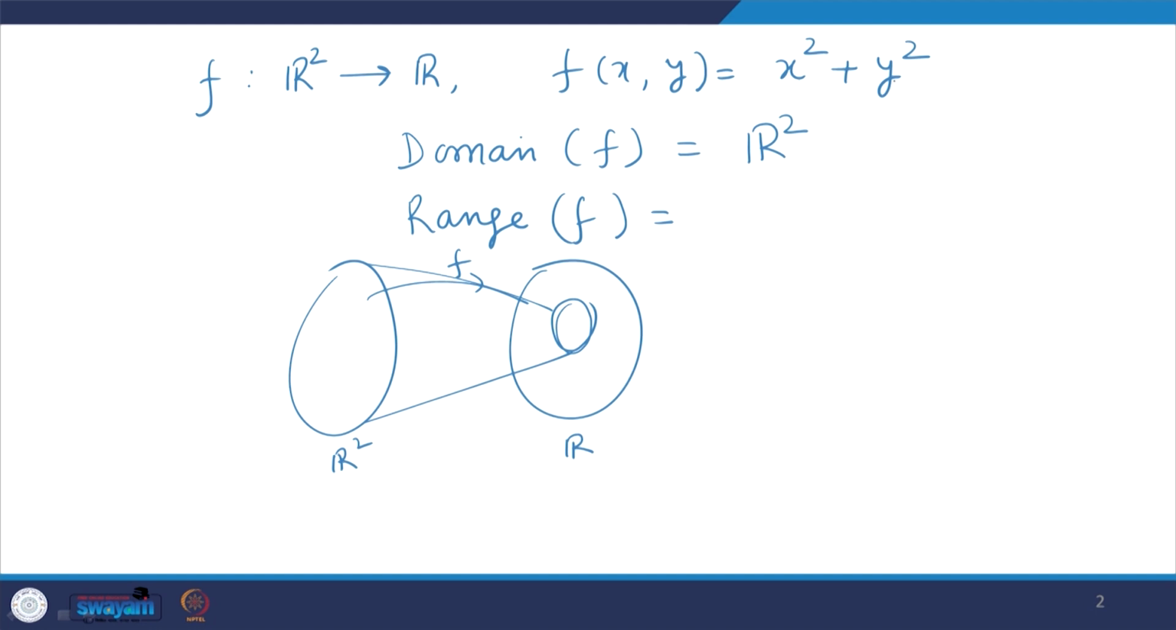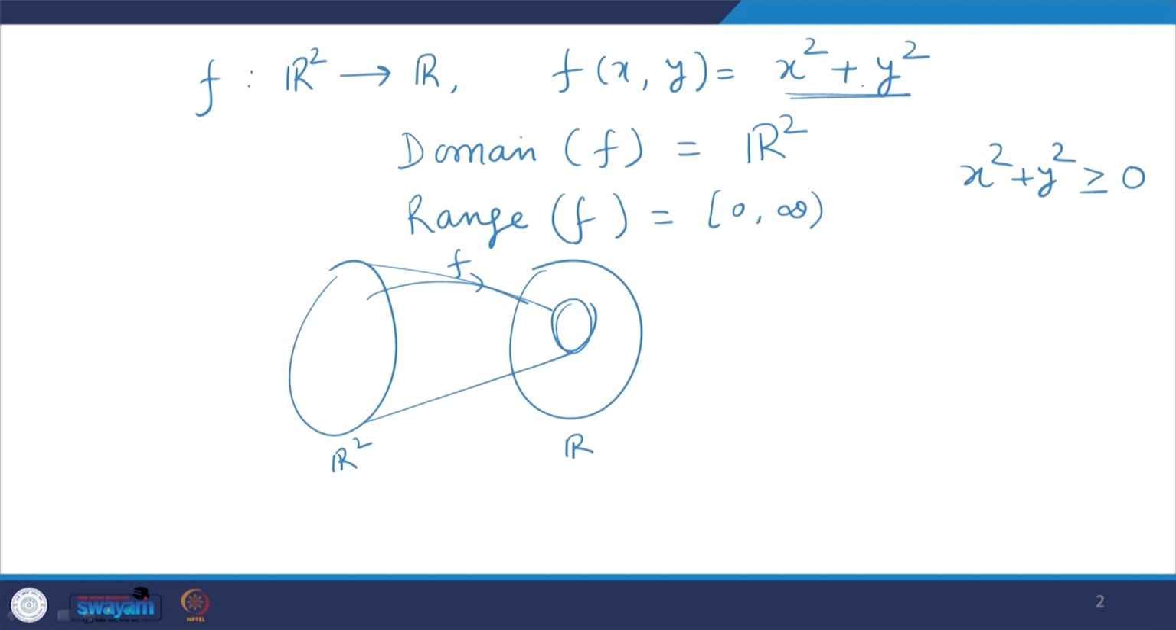So, what will be the range here? See, this value x square plus y square can never be negative. x square plus y square for every x and y in R is always greater than or equal to 0. It may be 0 when x and y both are 0. So, we can say that the range of this function f will be from 0 to infinity. It can never be negative. So, the domain of this function is the entire R2 and the range of this function is from the closed end 0